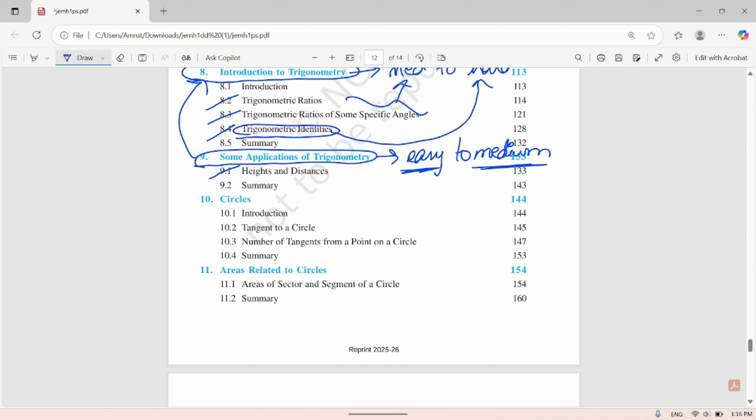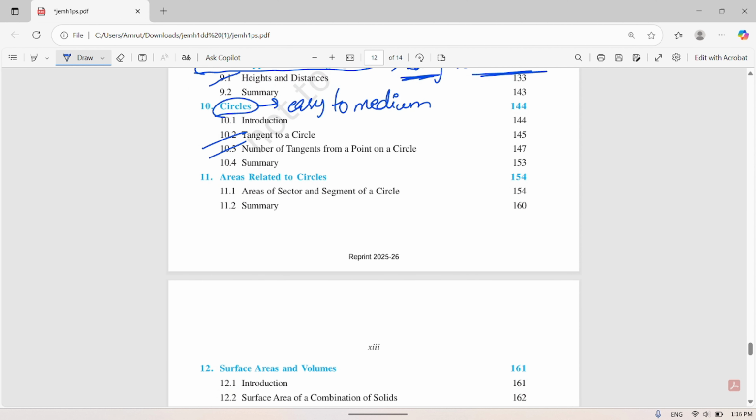So next you will be having circles. Circles, I can tell you it is easy to medium level. Okay, so you will be having some introduction of some geometry kind of thing regarding the circles, and then you will be having tangent to a circle and number of tangents, simple basic things which you will be getting only from your textbook to your examination. And then at 11 we have